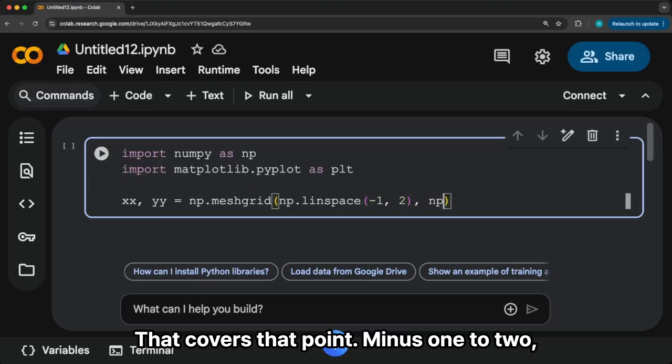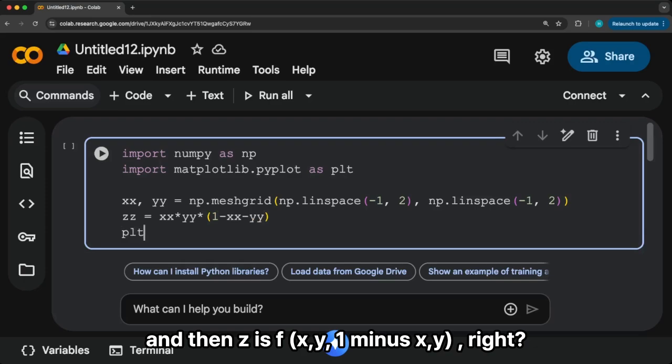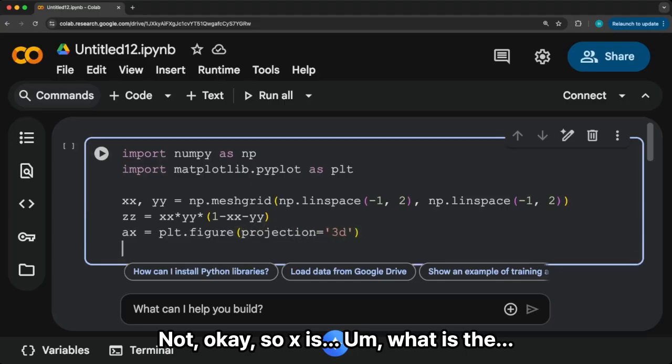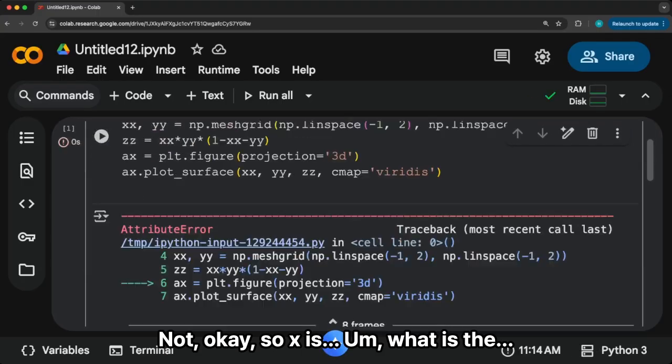That covers those points. And then z is f(x, y), which is x y times (1 minus x minus y), right? Okay, so x is